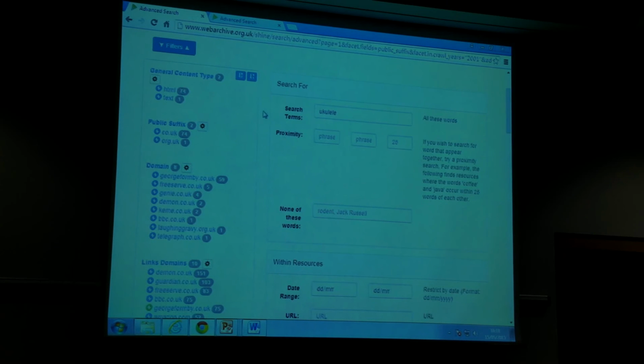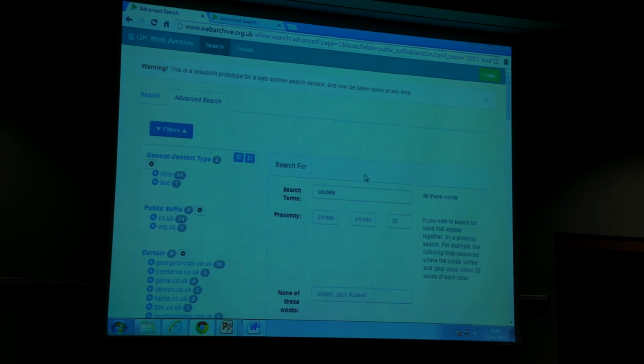So what you can start to do is stack up a number of different filters that relatively quickly bring down your results to quite manageable proportions. And when it works, which it really should do, there's a CSV output of those results which you can then take and further refine.